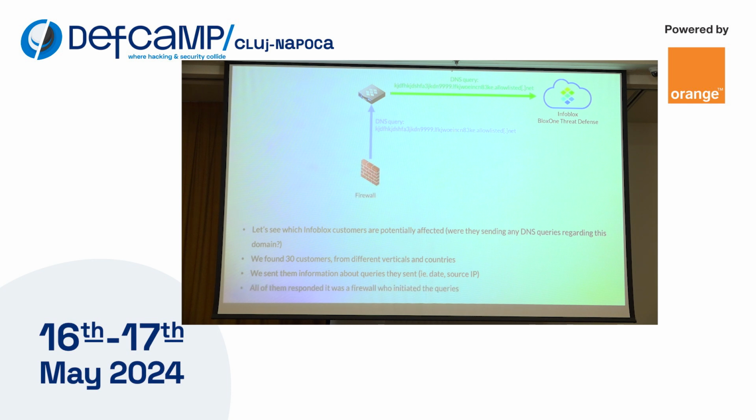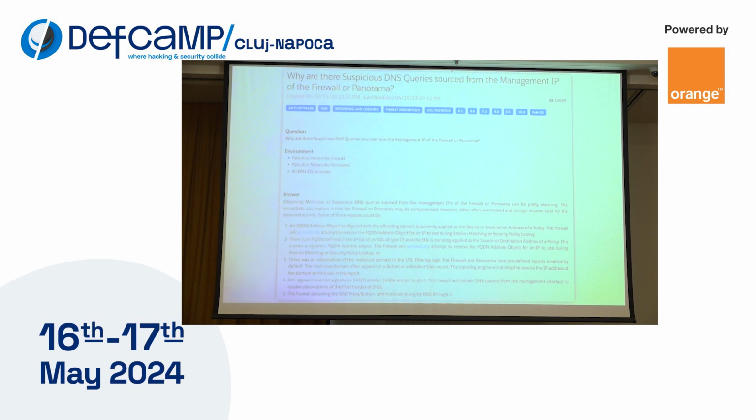So they all came back with the information that it was a firewall which originated the query. And actually, it was always a firewall of the one vendor. So potentially, it can happen that the firewall will have some kind of exploit, and it could generate C2 over DNS traffic, because it will be the infected host. Right now, every month, every week actually, we hear about some exploits for VPN gateways, routers, and so on. So it happens. But also, there are some other possibilities why a firewall can originate a DNS query for a malicious